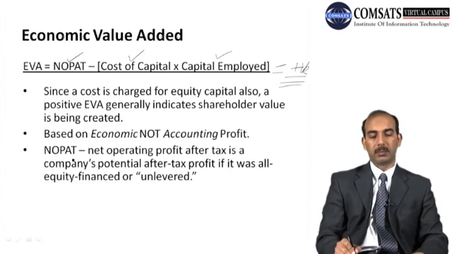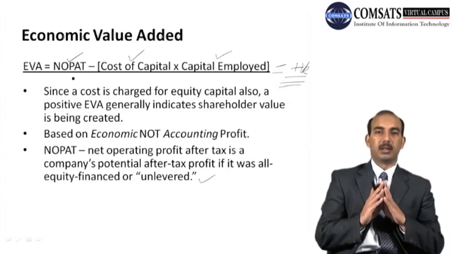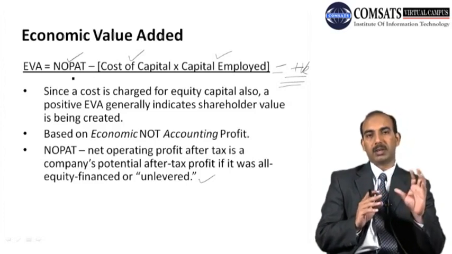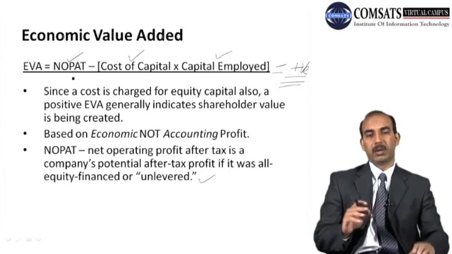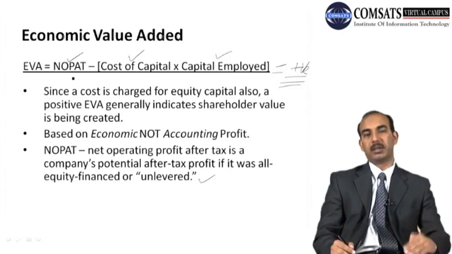And the net operating profit after tax is a company's potential after tax profit if it was all equity financed or unlevered. And you can see here, in this case, it is calculated for companies where the total financing is out of equity financing and it is not levered. Unlevered would mean that it has no debt financing portion. But if the debt financing portion is there, it means it should be handled before we calculate the net